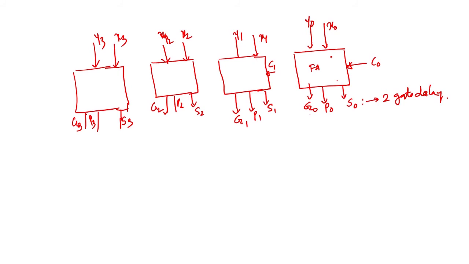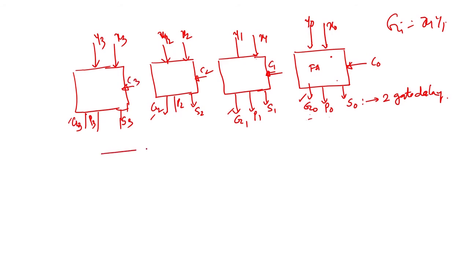What we said is that after giving input x0, y0, G0 will be generated after an AND gate, because we know that Gi equals xi yi. So, this will be generated, this will be generated, this will be generated automatically. Similarly, P0, P1, P2, P3 will all be generated, and then sum will be generated after 2 gate delay. So, G0, P0 is 1 gate delay and sum is 2 gate delay. Now, this circuit needs the input C1, this circuit also needs the input C2, this circuit needs the input C3, that we already computed.